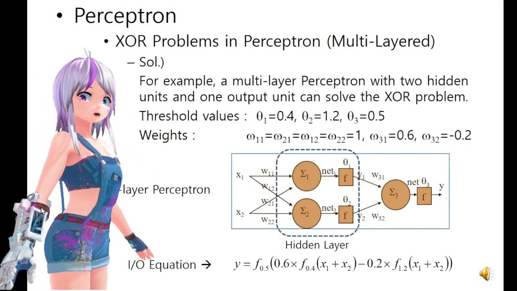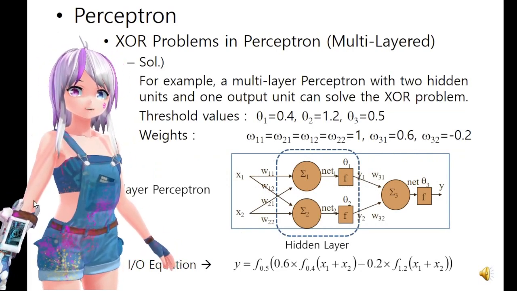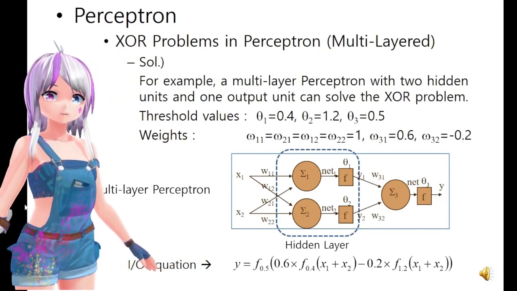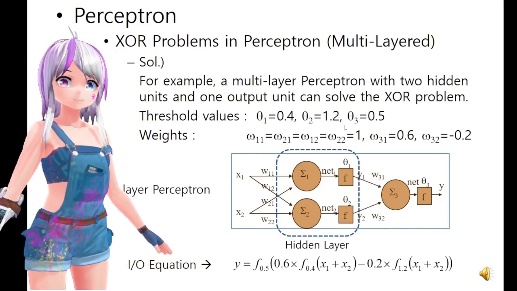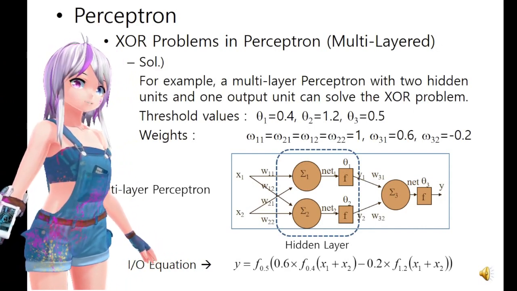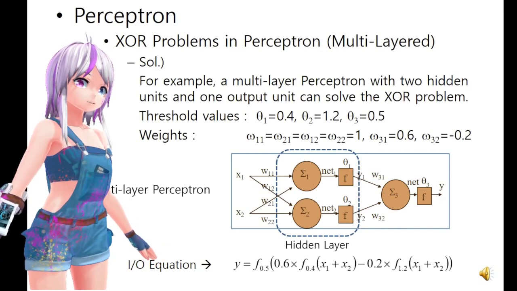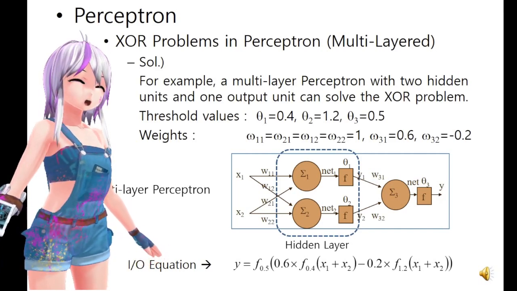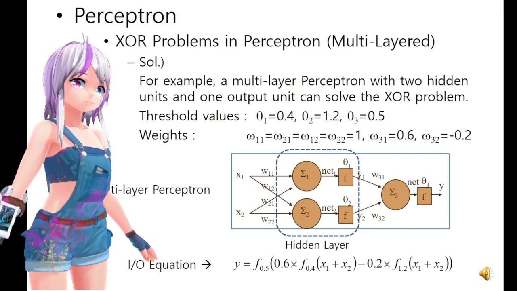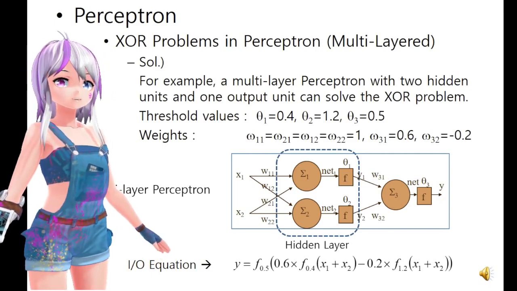Okay, let me give you just one example with the multi-layered perceptron. You can solve exclusive problems. I will choose arbitrary values for thresholds and weight parameters in this multi-layered perceptron. We have a hidden layer and two hidden nodes. Each one has an activation function, and at the output we have one node. So for example, we have a multi-layer perceptron with 2 hidden units and 1 output unit,